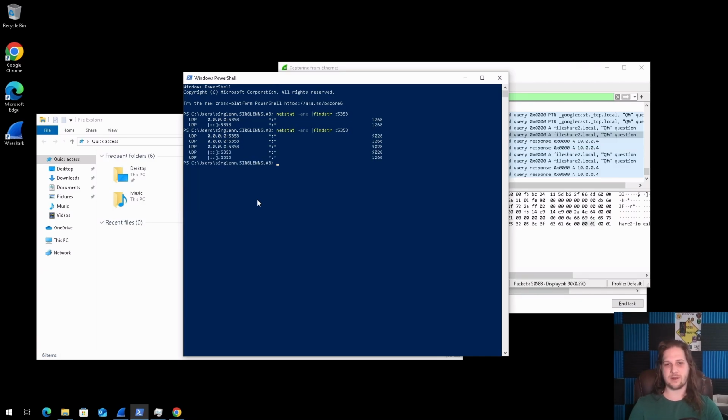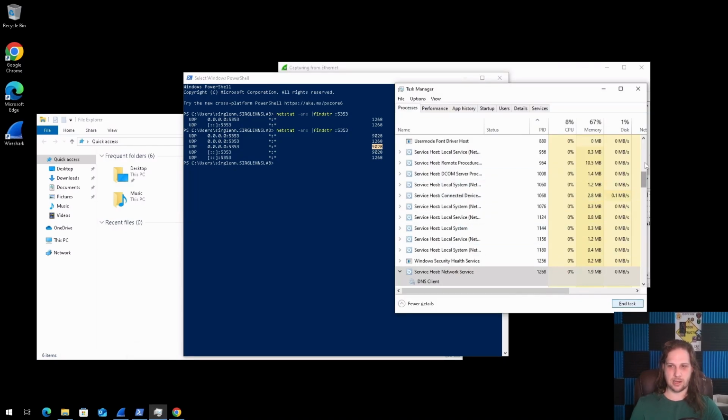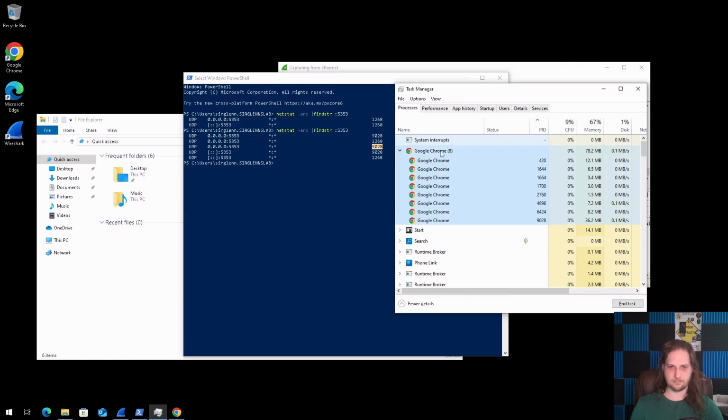No. Let's run that find string again. We'll actually notice that 9028 is another process binding up the mDNS protocol again, the port specifically. So we go down here and yep, there's Google Chrome binding port 5353 alongside the Windows built-in DNS. It's brought its own mDNS stack.